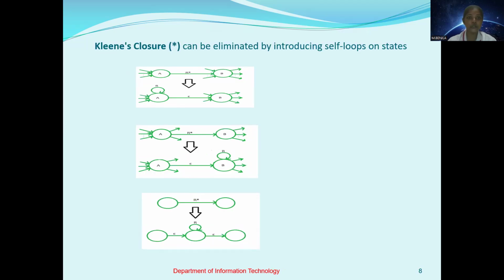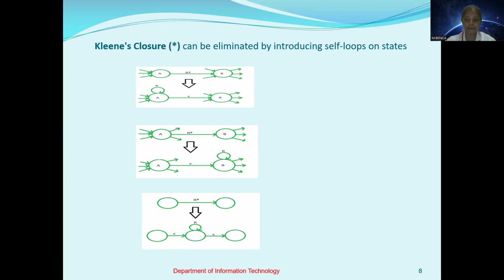Next, Kleene closures can be eliminated by introducing self loops on states, based on the following conditions. The first one is: if there is only one outgoing edge at the leftmost state, that is A in transition A belongs to B, then introduce a self loop on state A and label edge A to B as